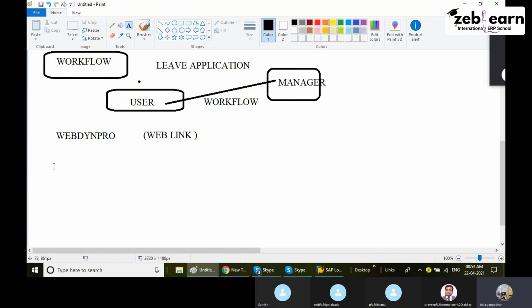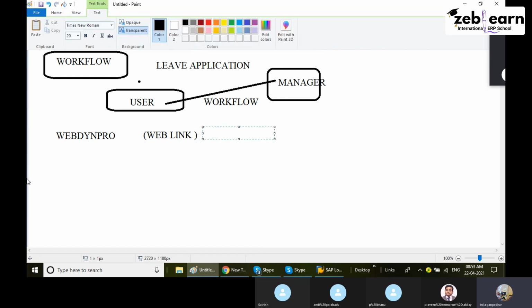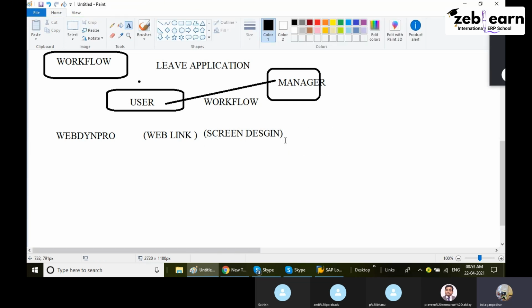Let me discuss some more points. WebDynpro is nothing but a link-related, screen-only program. Here it is only screen design, that's it. There are no other programs, it is majorly screen designing, just like